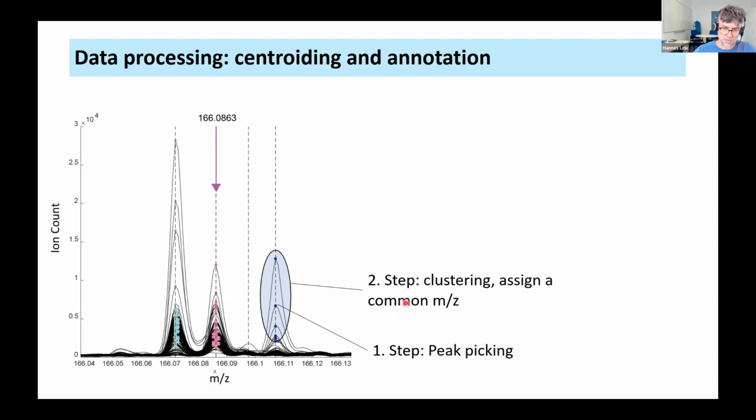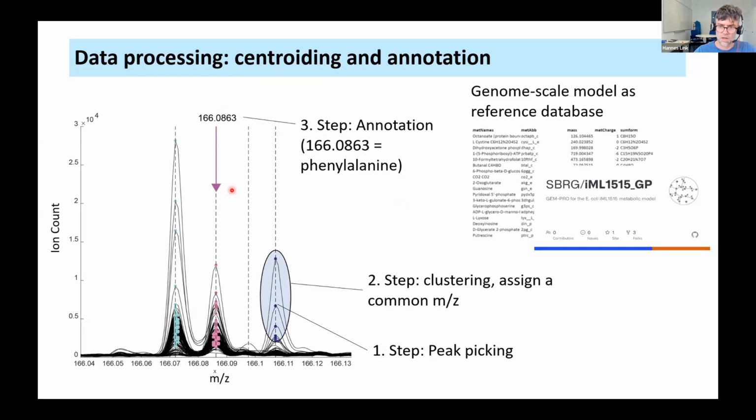The next step is then the annotation. We just look at which common mass to charge ratio fits a certain metabolite based on the exact mass. So we go to the third digit after the comma. This would be a 1 millidalton accuracy. And then we just say everything which fits here, we annotate to a metabolite. In this window here, we have 4 common mass to charge ratios, but only one of them, this one indicated here, was annotated to a metabolite. And this metabolite is phenylalanine, an amino acid, and the mass matches actually quite well here. And we just do this over the full mass to charge ratio, and as a reference database, we can use several databases.